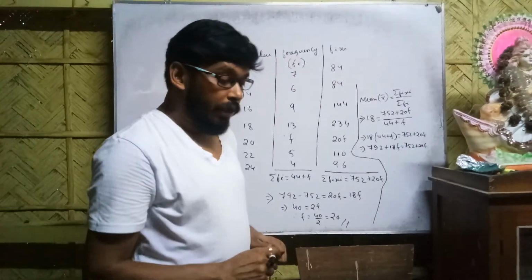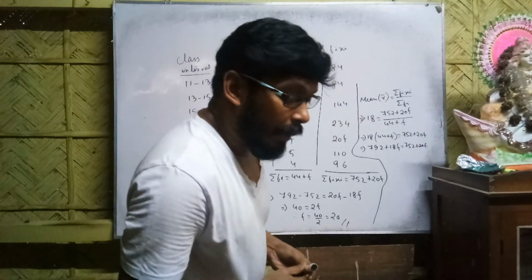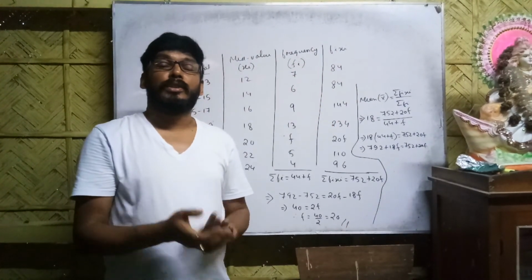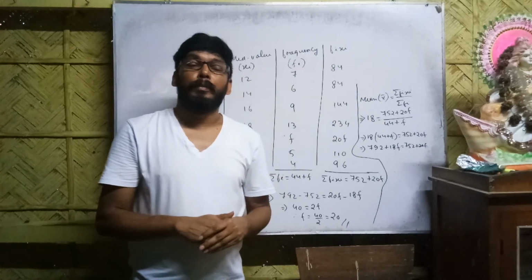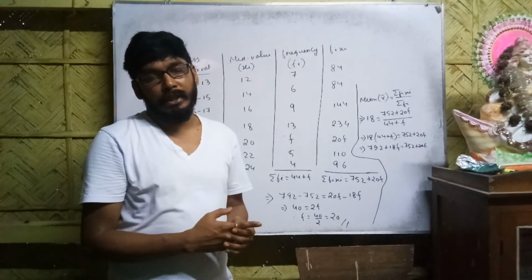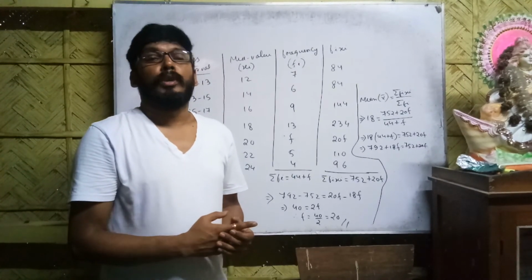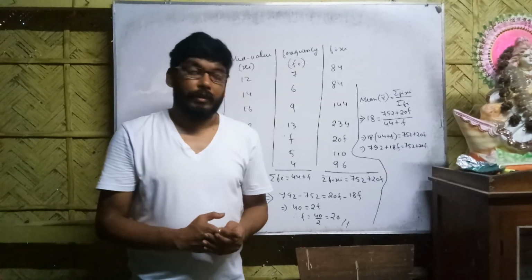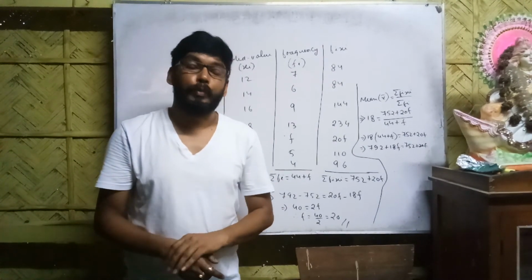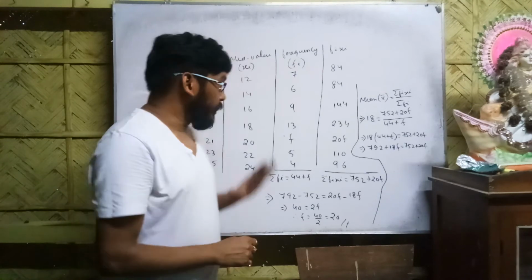So these are the two sums where I have discussed how to find the mean by the direct method. Next we will see how to find the mean by the assumed mean method. In the next video we will discuss two more sums in which I will use the assumed mean method. This is the simplest method to find the mean of grouped data. So for today this much only.